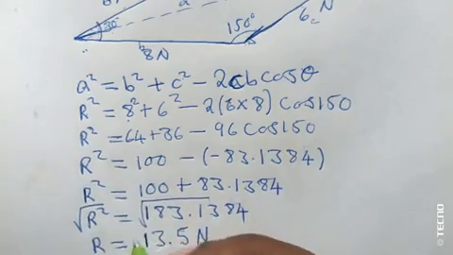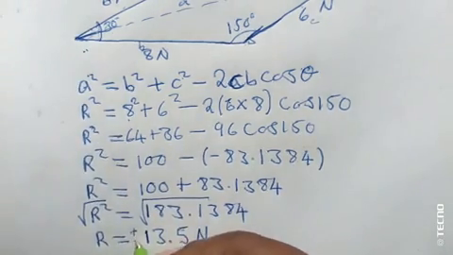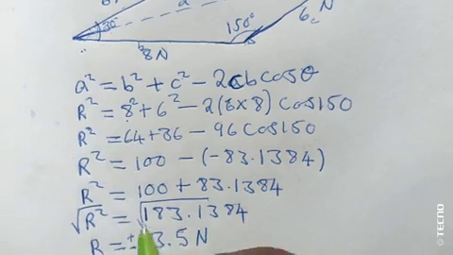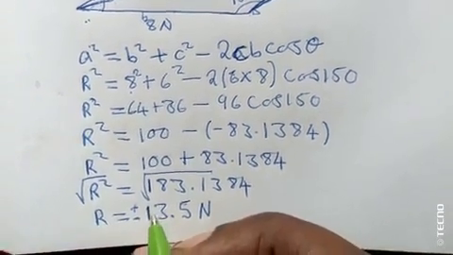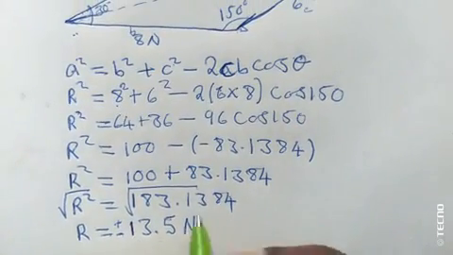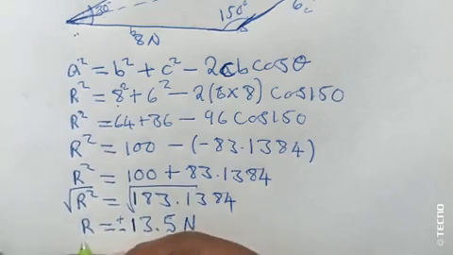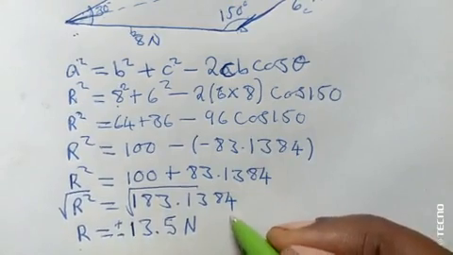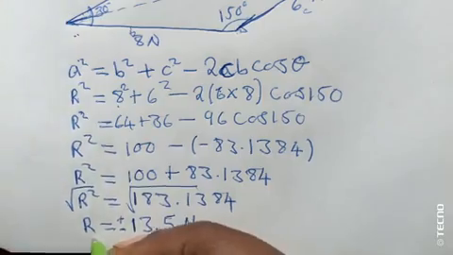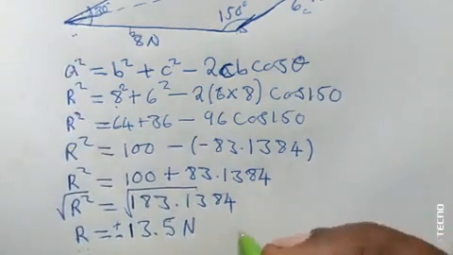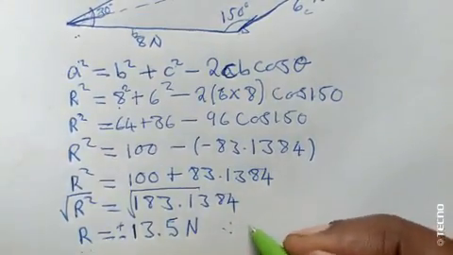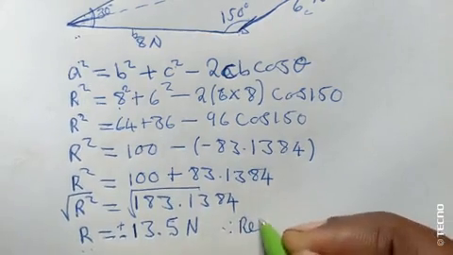So once you multiply, remember there is plus or negative. So the answers, they are what? Two values, plus or minus. But now the final answer, when we talk of the final answer, we just consider the positive, because it's a magnitude. So we are saying that magnitude, which is the resultant force. So the resultant force, therefore I'll write here resultant force